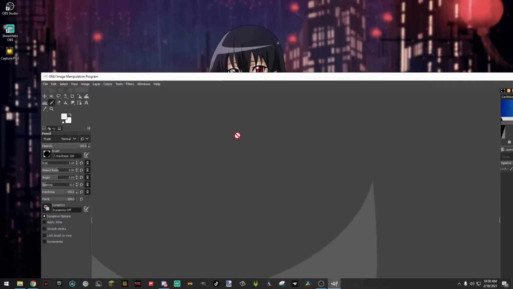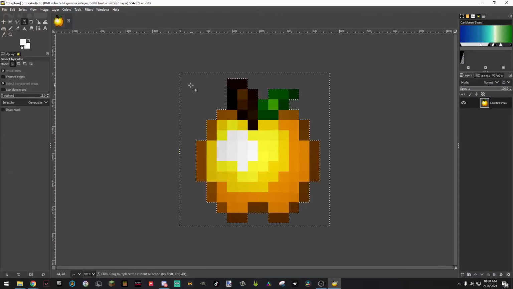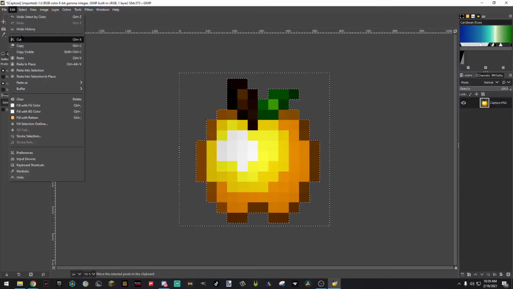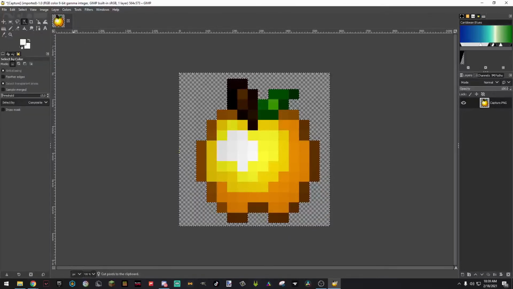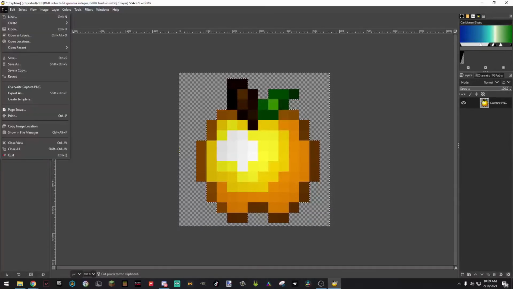You want to take it and drag your file in. You're going to hit select by color. You're going to click on the gray, and it automatically outlines everything, which is awesome. Edit and cut. And then that's it. That's literally it. Make sure you get rid of the dot that's in the middle using the color picker and stuff. File,